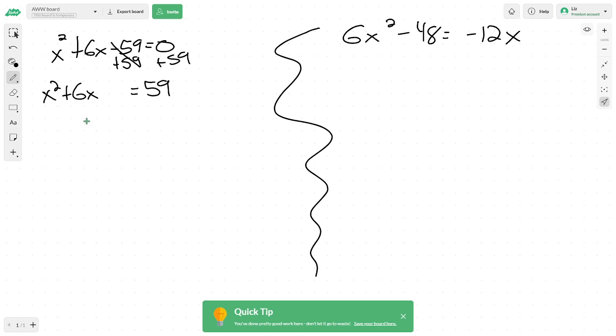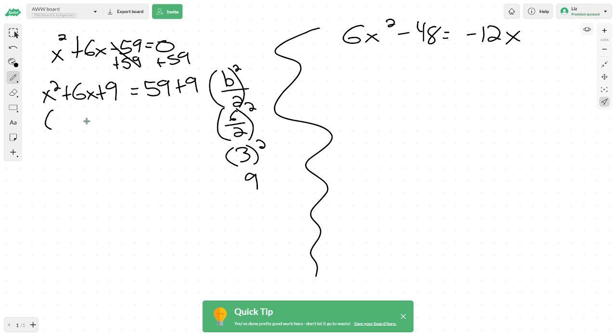So now we need to complete the square by finding out what b over 2 squared is. So our b is 6. So 6 over 2 squared is 3 squared, which is 9. So I'm going to add 9 to both sides. So now I get